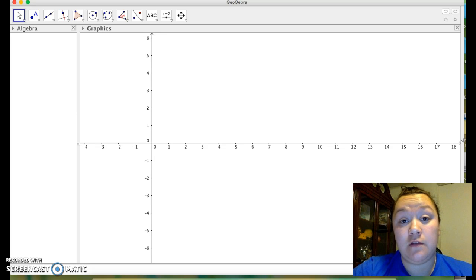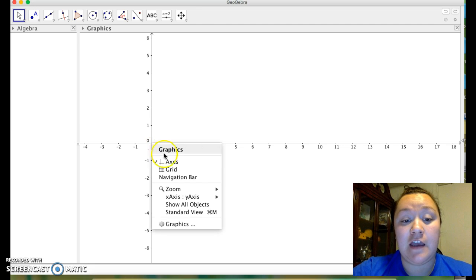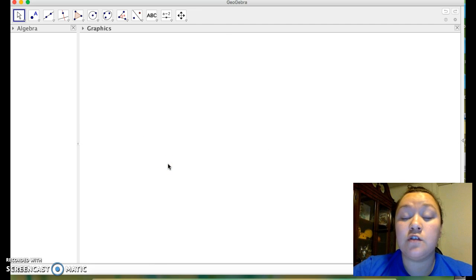Once you've downloaded it and opened it, this is what you should see. I have my X and Y axis, and for the purposes of this project we're not going to be using it, so I'm going to right click and disable it. Let's go over really quickly a few things I think you should know so you can complete this